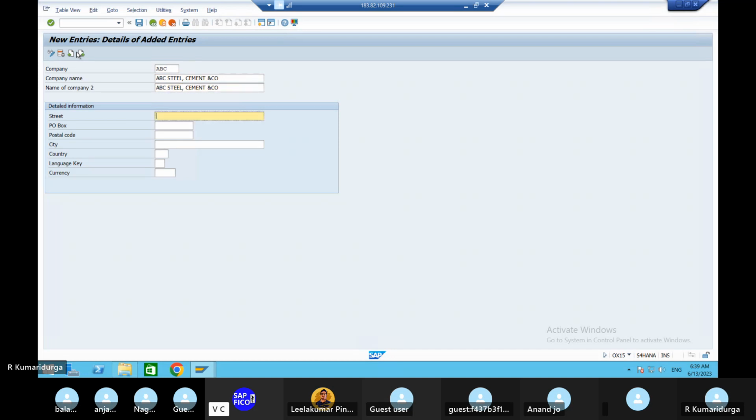In which street this company is located, in which post office box, in which postal code, in which city, and in which country, and the language key and currency. What is the language this company has? What is the country this company has? All these details you need to put. Why? Because when you are identifying things with the language, with the country and all,